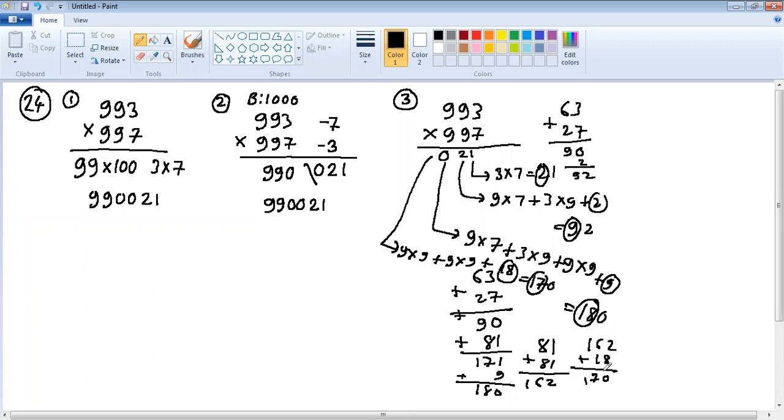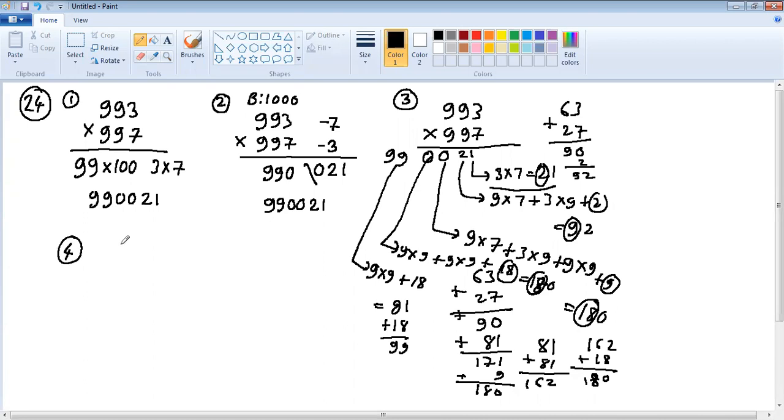Sorry, there's a mistake here. This is 2 plus 8 is 10, so 0 carry 1, so 18, 180. Okay, just note there's a mistake. So 0 you have to write here and 18 you have to carry. And the last step is 9 into 9 plus 18. 9 into 9 is 81 plus 18 is 99. So the answer is 99002. Okay, so for this particular question, you don't need to show all these steps, but you need to show at least one step indicating which method you are using.